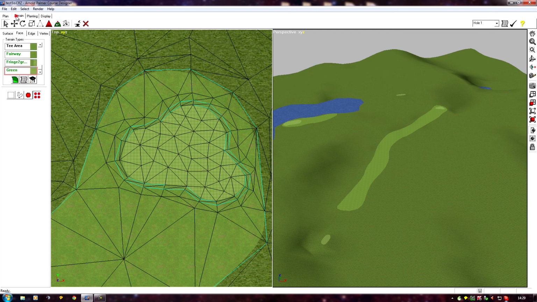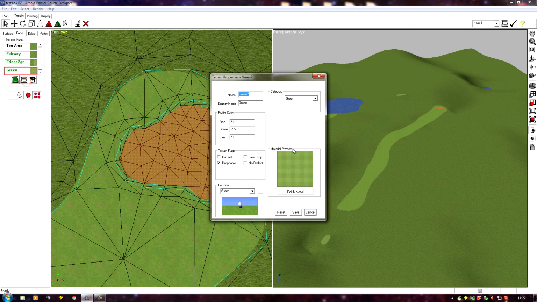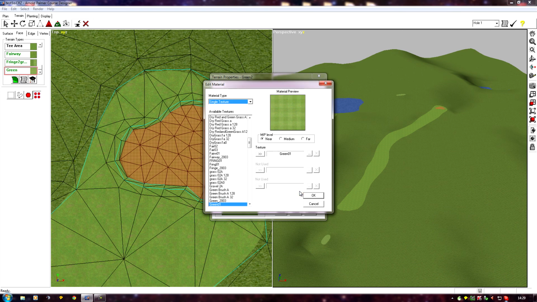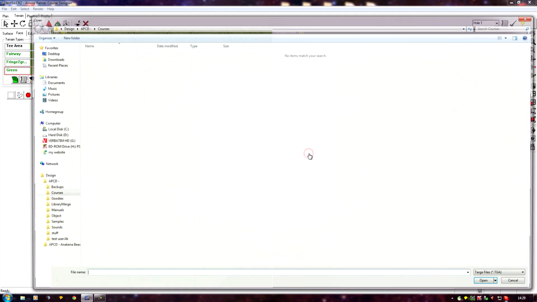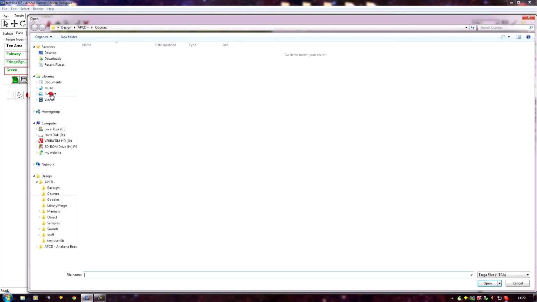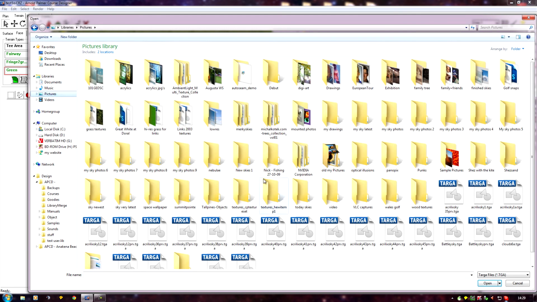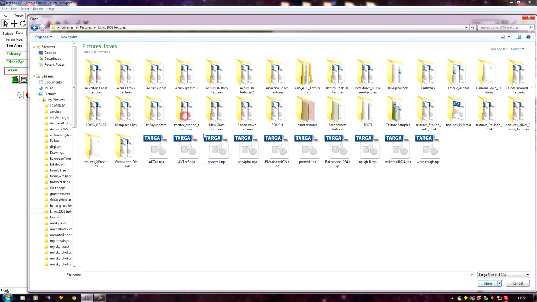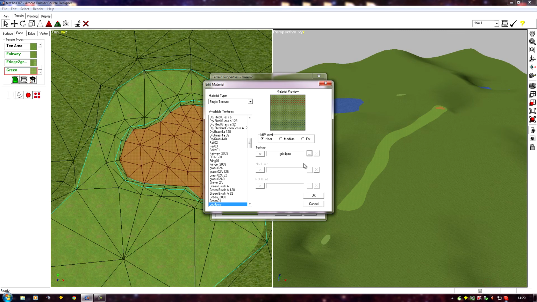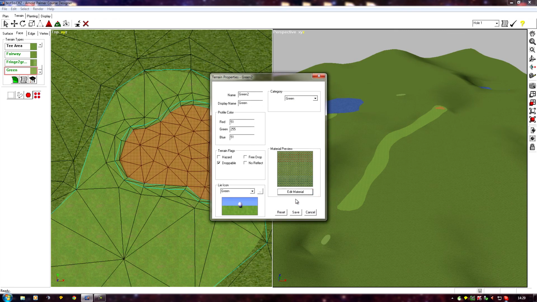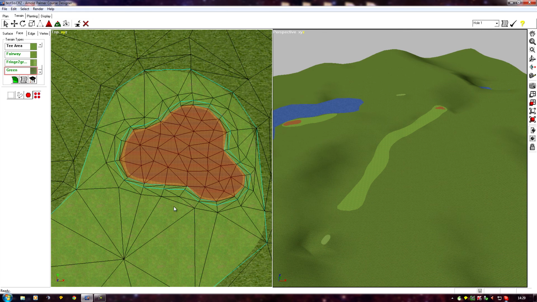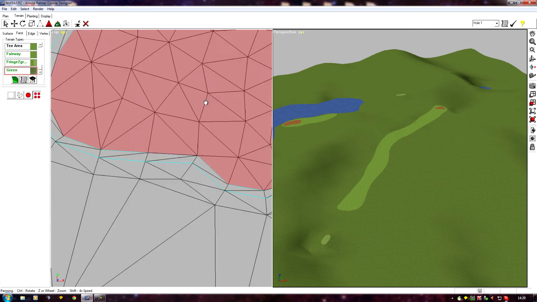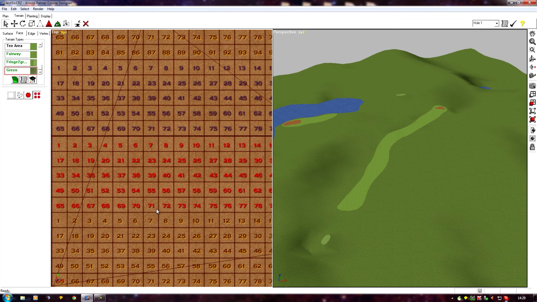So I need to go to the green texture and swap out green 1, find the grid texture, OK, and save it. Now the grid texture will need to be scaled up using a planar mapping, so it's